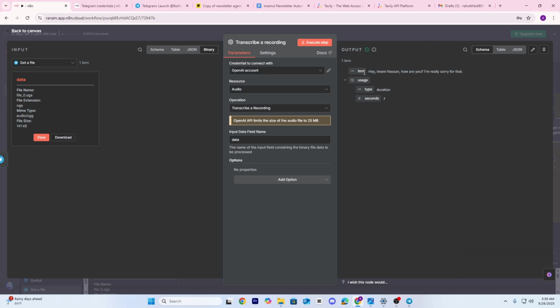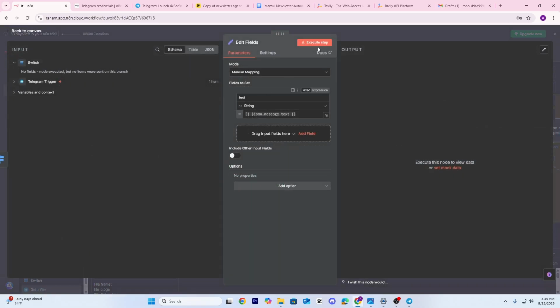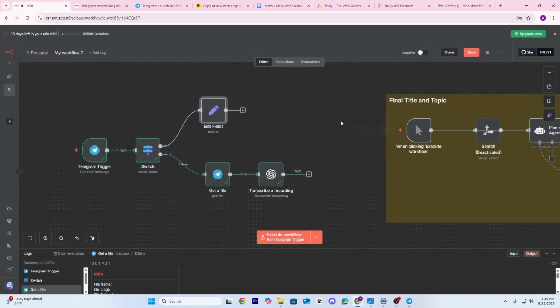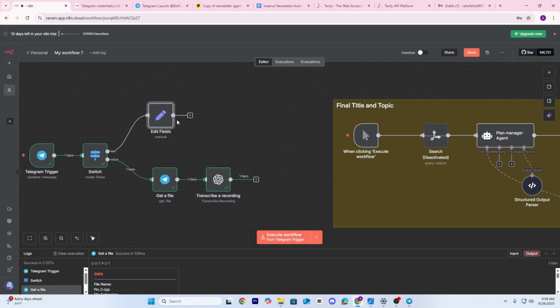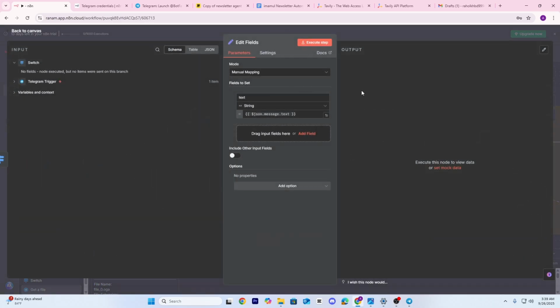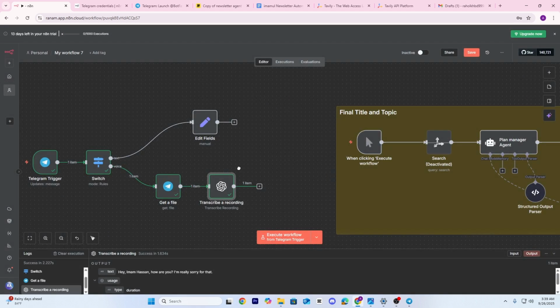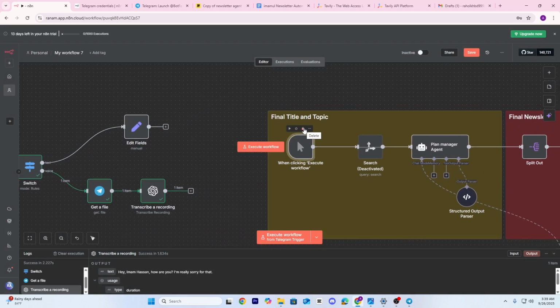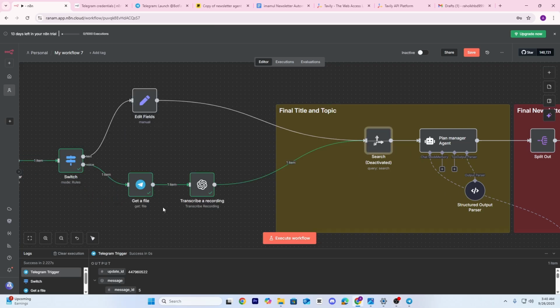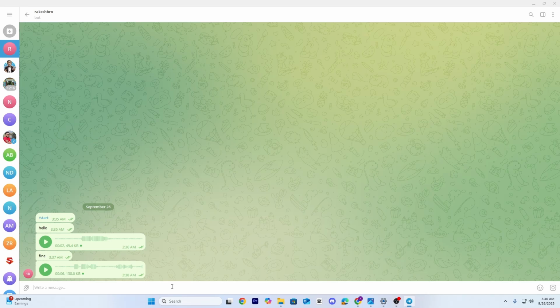So what happened? This is the text, and it was before message text, but here we find that it is also text. So these things I want to play with. So when we execute, that will be text, and this will also be text. So we can delete this one. So we can write the workflow here, AI automation